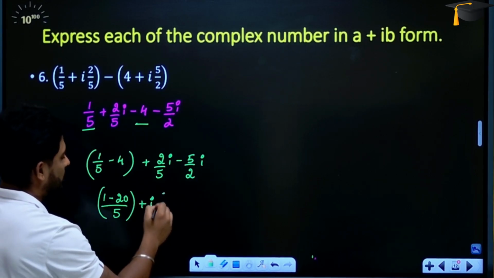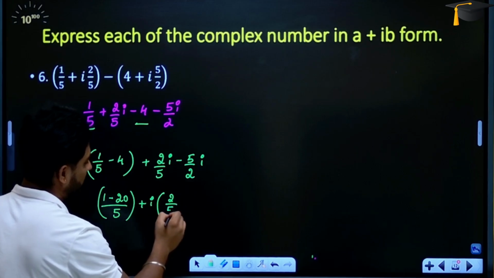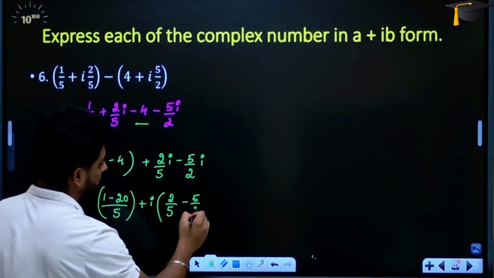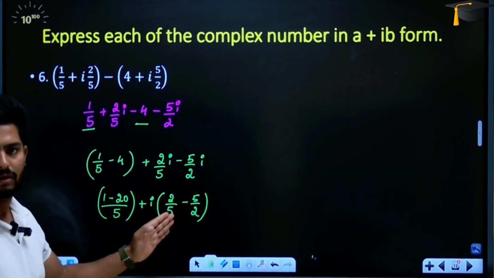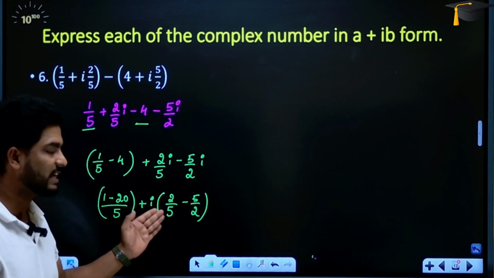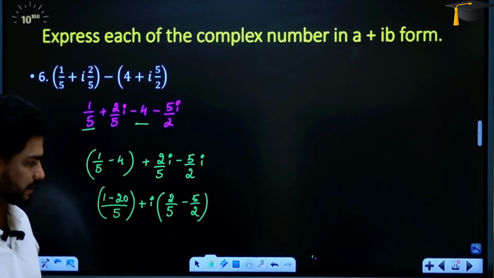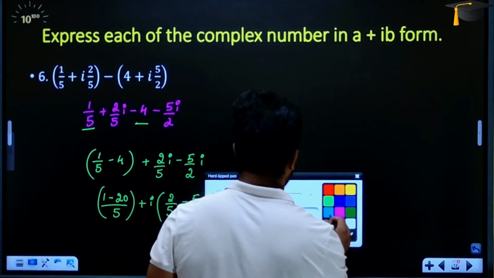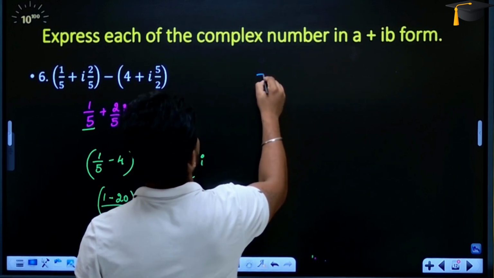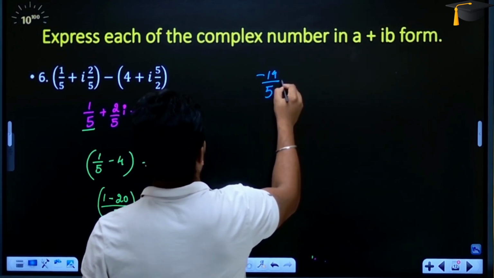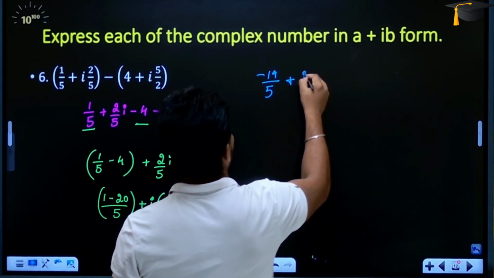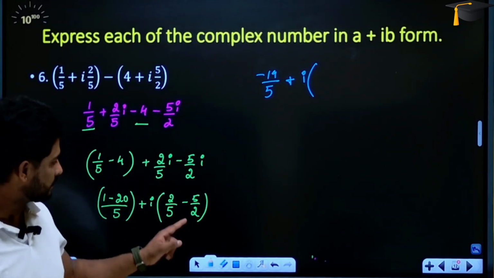Plus, here if we take i common, what happens is 2/5 minus 5/2. Okay, I took i common from both. So I just want to write this in the a plus ib format, so that's why I'm writing like this. Okay? So now 1 minus 20 is -19/5, plus i of, now look here, just cross multiplication, that is